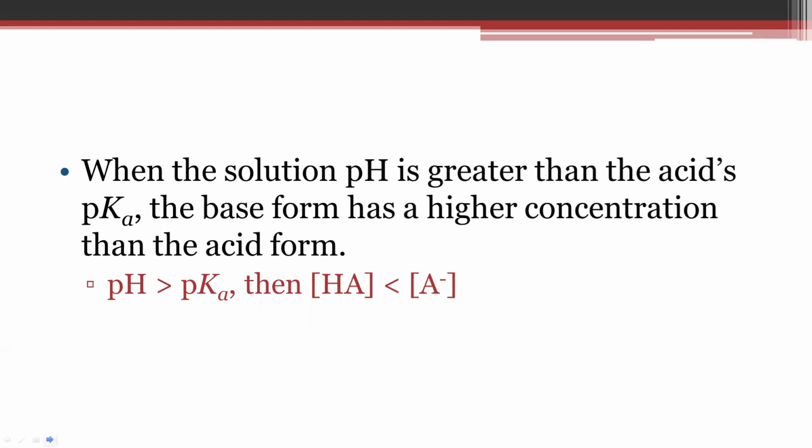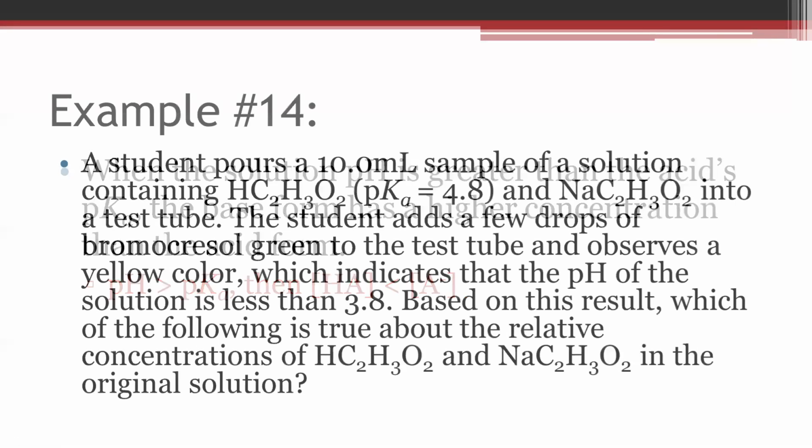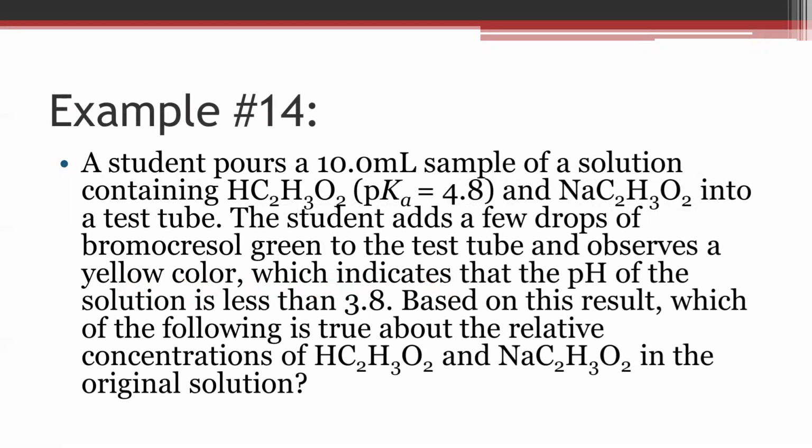Okay, so this kind of applies to acid-base indicators, which we have talked about briefly, and that's what this example pulls in. Okay, so a student pours a 10 milliliter sample of a solution containing acetic acid, which has a pKa of 4.8, and sodium acetate into a test tube. So the common ion is that acetate ion, the C2H3O2. The student adds a few drops of bromocresol green to the test tube